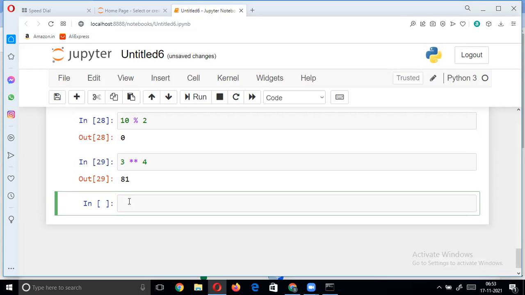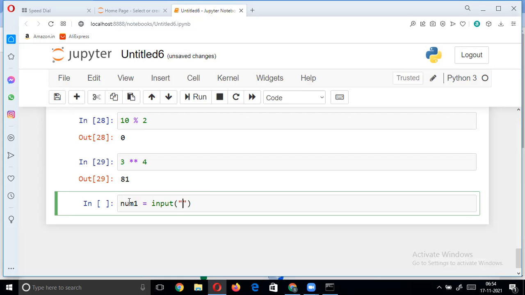So now we'll write an example program by taking number 1 and number 2 dynamically from the user, and perform all these operations. For accepting number 1, I'll take num1. Input is a method, as we discussed in the differences between Python 2 and Python 3. Input is used for accepting the input dynamically from the user, and it is considered as a string, and then we can convert it into whatever data type we require.